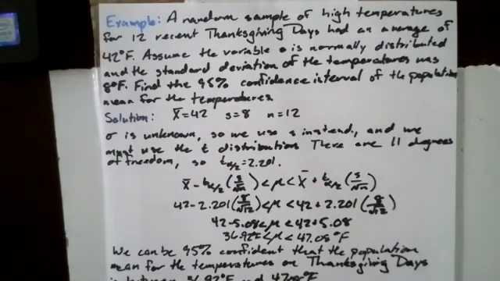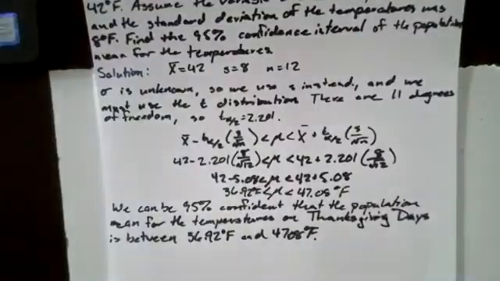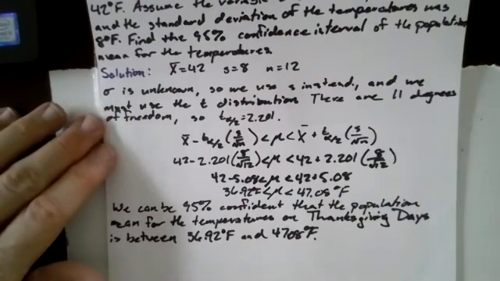A random sample of high temperatures for 12 recent Thanksgiving days had an average of 42 degrees. Assume the variable is normally distributed and the standard deviation of the temperatures was 8 degrees Fahrenheit. Find the 95% confidence interval of the population mean for the temperatures. Here, x bar is 42, s is 8, and n equals 12. Sigma is unknown, so we use s instead, and we must use the t distribution. There are 11 degrees of freedom, so t sub alpha over 2 is equal to